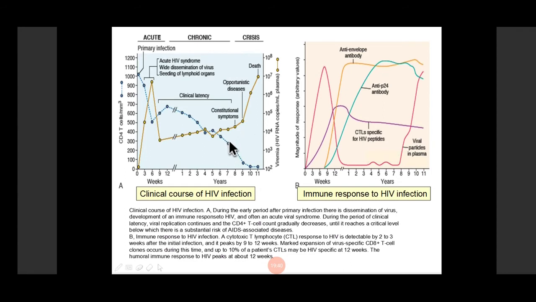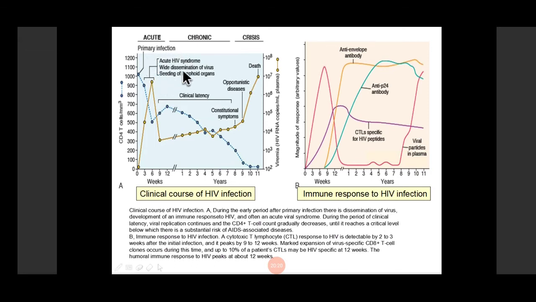And now the CD4 plus T cell count starts decreasing very rapidly. Here again it is falling very rapidly because the immunity is totally lost. And when the immunity is lost and the count is very low, the patient develops all the signs and symptoms of HIV, like multiple opportunistic infections, and neoplasms or cancers can also develop in these patients. And ultimately, because of these infections and loss of immunity, and the complications of any infection or neoplasm, the patient ultimately dies. Okay, so basically we can divide the clinical course into three phases.